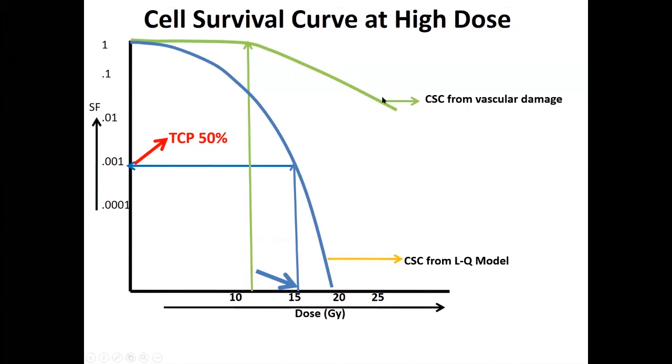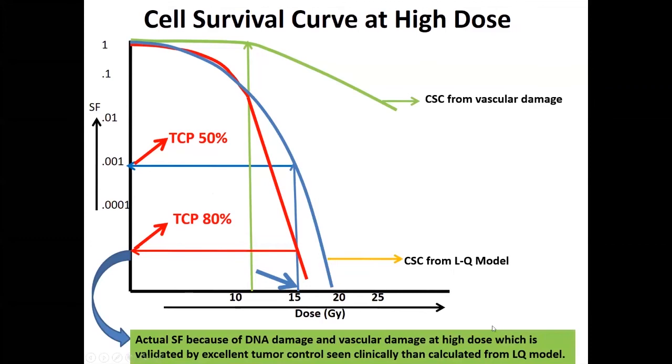Now if you incorporate this third process in the linear quadratic model, what will be the shape of this cell survival curve? Up to this point, there is no contribution by this cell kill process, so there will not be any change in the cell survival curve. After this, it is also contributing to cell kill. So naturally the survival curve will become steeper, and in fact 15 gray should reduce the survival fraction to this point, translating into a much higher tumor control probability than what is predicted from the linear quadratic model. And that is what we have seen in the previous slide in our clinical setting also.